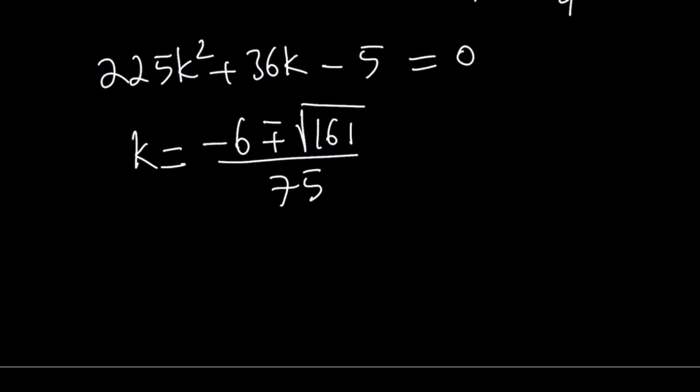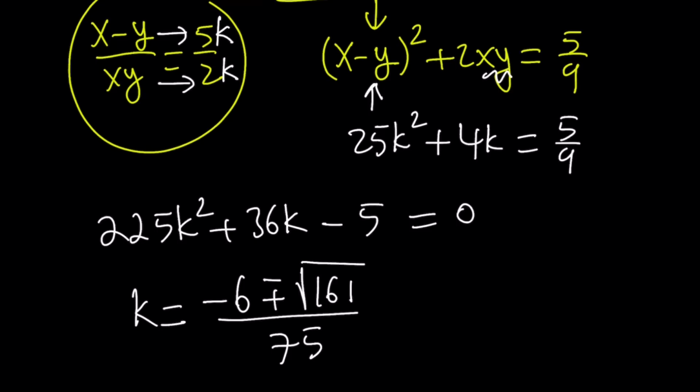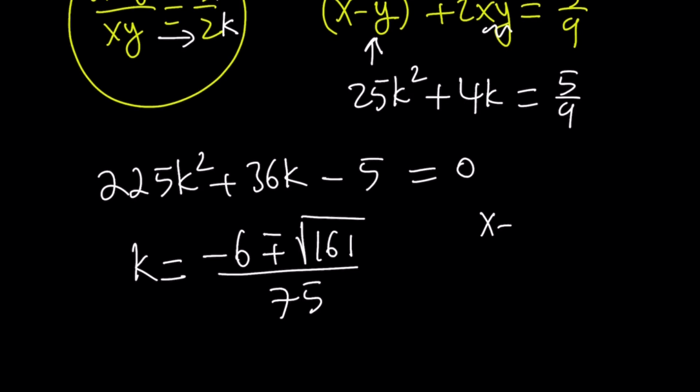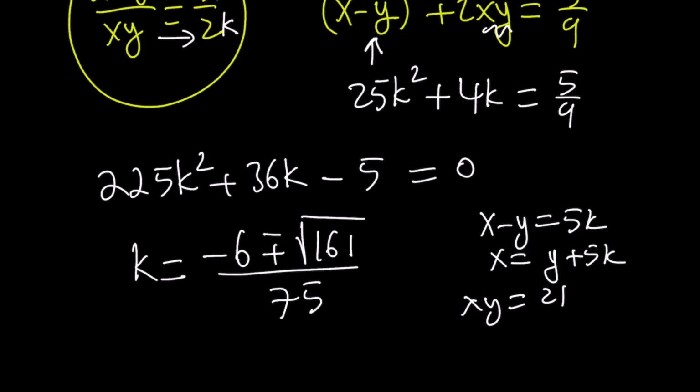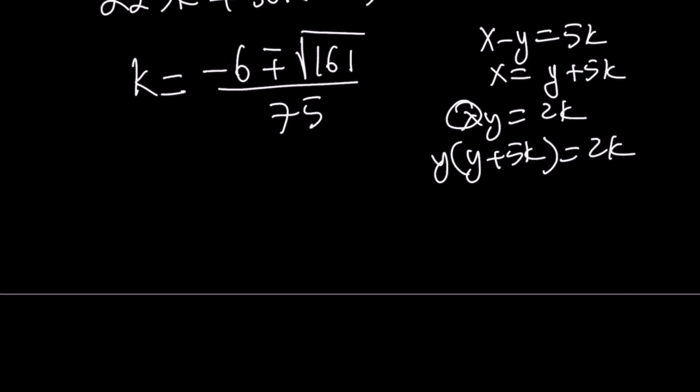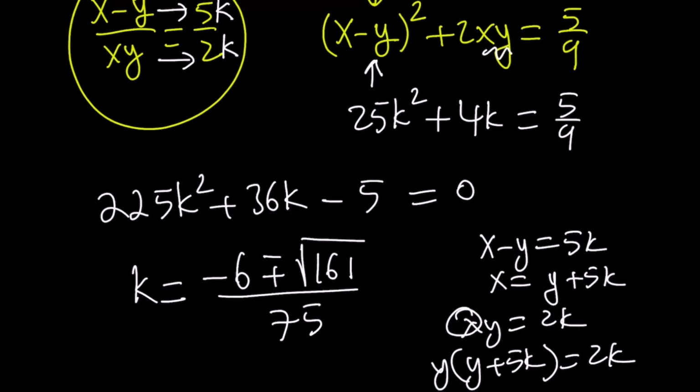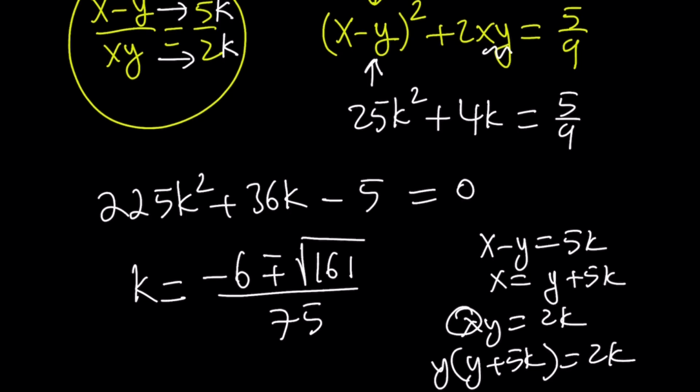Beautiful, right? Okay, what do I do with this? Well, since I know k, I can find x minus y, I can find xy, and then I can just go ahead and substitute. So here's what I can do to solve this system. You can just isolate x, write it as y plus 5k, and then in the equation xy equals 2k, you can replace x with y plus 5k. Now notice that the value of k is known. This gives you a quadratic equation in y. Since you know k, you can solve for y, and then you can solve for x, because you can just substitute, right? Easy, yes, easy,